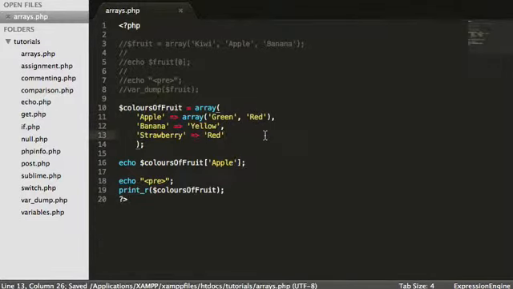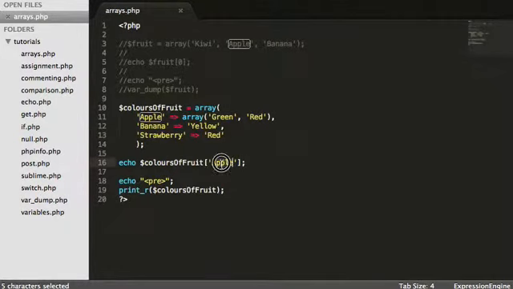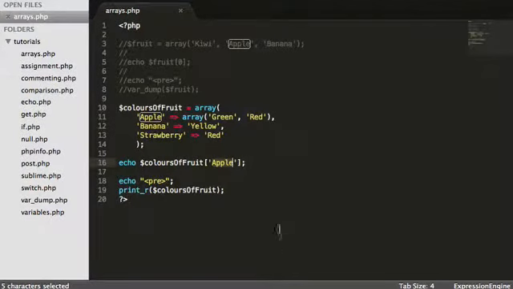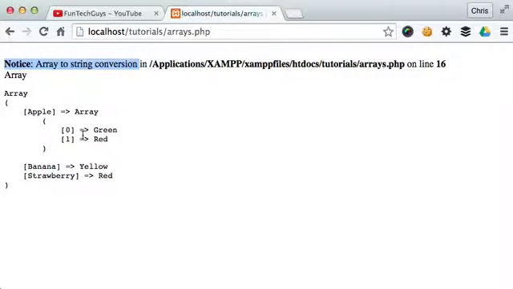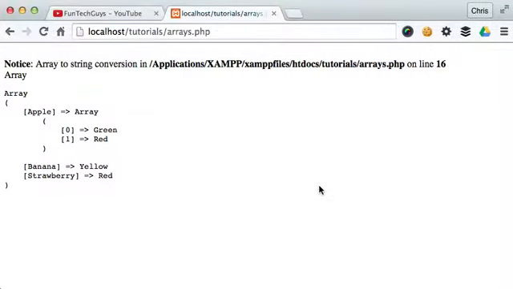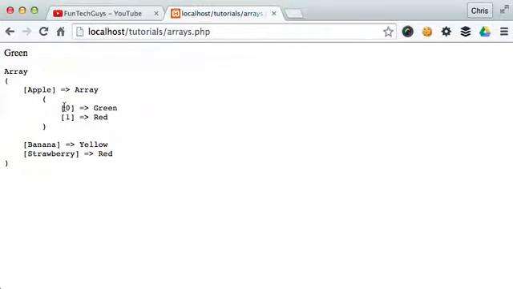So I go ahead, save, reload this page, and what are we trying to do here? Okay, notice here, array to string conversion on line 16, it's because here we're trying to access apple. However, the value of apple is an array. So again, we would need to do something like this, where we can access multidimensional arrays. So 0. So we've accessed colours of fruit, apple, and then we've gone on to the first element, within the